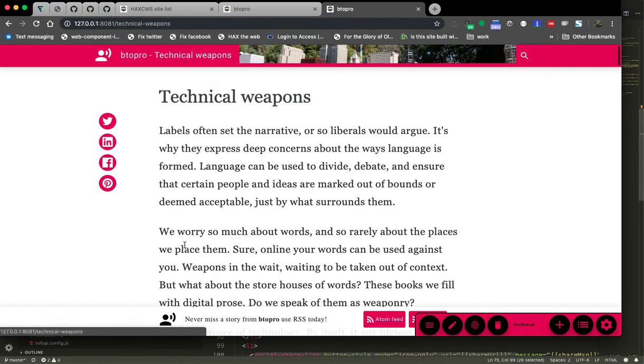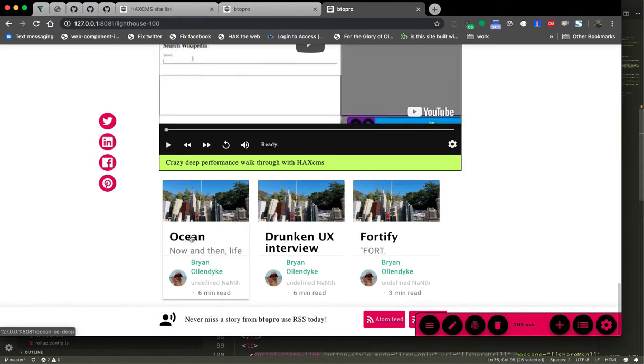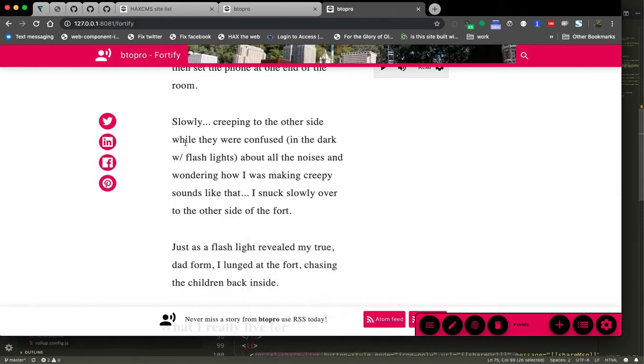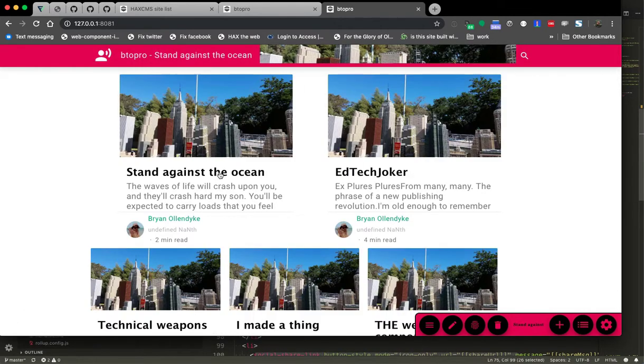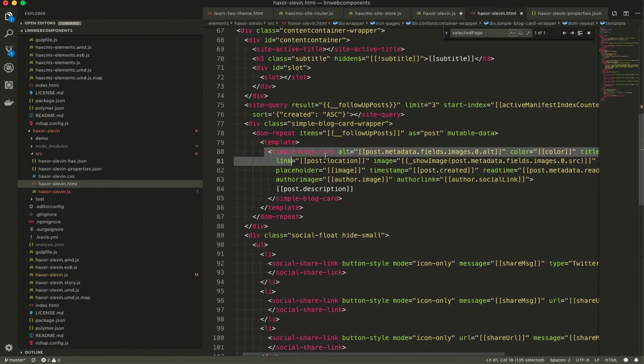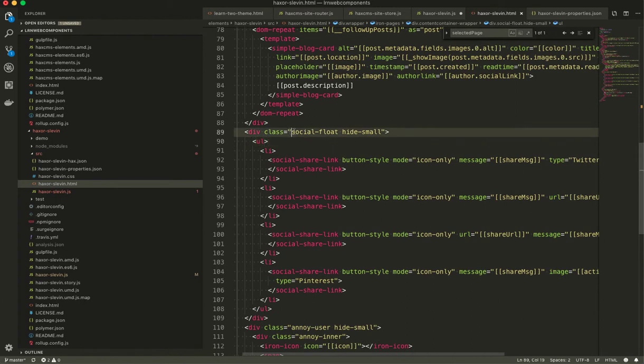dynamically. So that if I click on technical weapons, I made a thing, web components, right? You see these keep trickling down. This allows people to skip around through my work over the months or whatever. Those are using a simple blog card, and then if we go down, we see there's social float, hide on